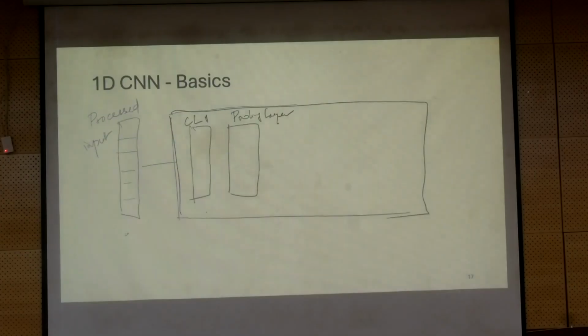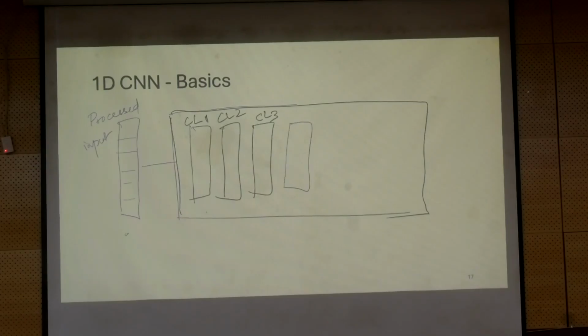Now we have two options, so we'll go back to the architecture. You can either have a pooling layer right after a convolutional layer, or you can have another convolutional layer and then a global pooling layer, an average pooling layer. But what is typically preferred in literature is convolution layer, pooling layer, convolution layer, pooling layer, like that. So this method is not very common.